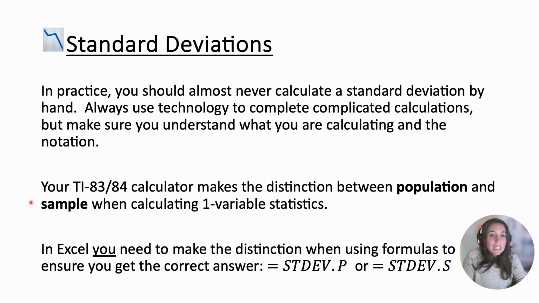So your TI-83/84 calculator makes the distinction between population and sample when calculating one-variable statistics. And in Excel you need to make the distinction when using formulas to ensure you get the correct answer. In your calculator, and you'll see that in the homework, the technology help resources are provided in this module. But just make sure that when you're using Excel, you understand that you have to make that distinction when using formulas rather than calculating by hand to get the correct answer, using